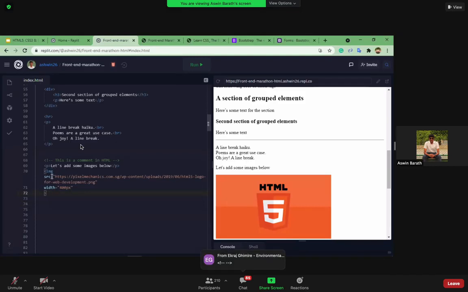Okay, so whenever you are trying to add an image to your website, we have something called attributes for this image tag, right? So this is another new concept. Inside this image tag, we have 2 attributes. One is src and another is width, right? So src is nothing but source. Where is the source of the image that you are going to present? That's what I've provided over here. I've provided a link. I'll show you what the link has.